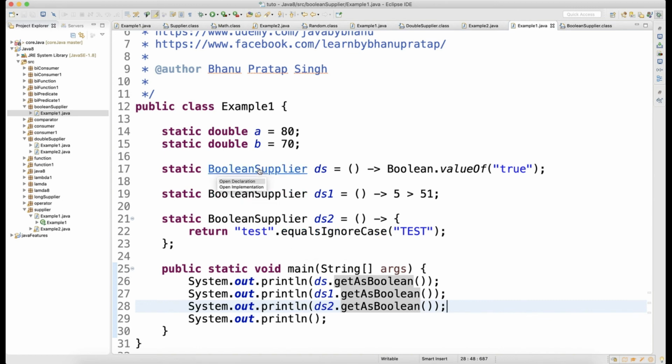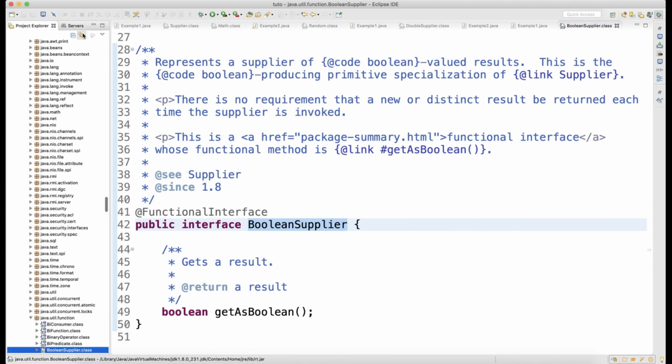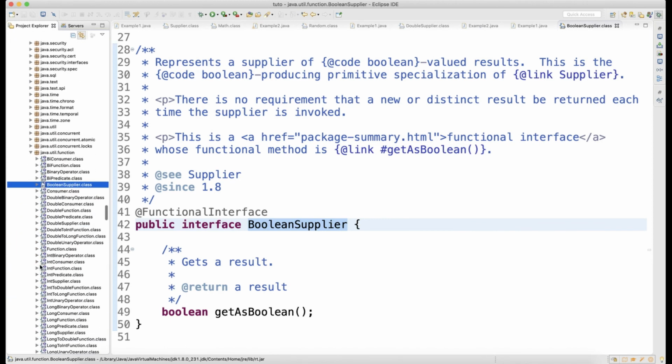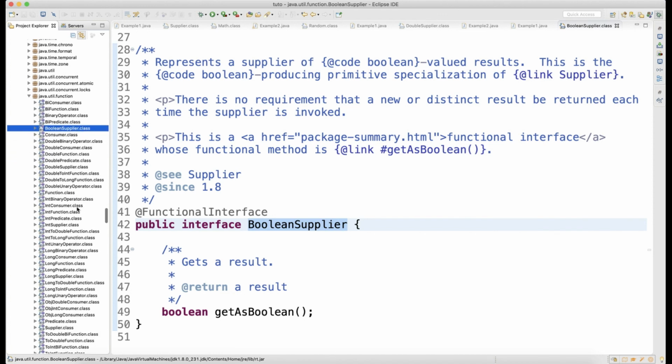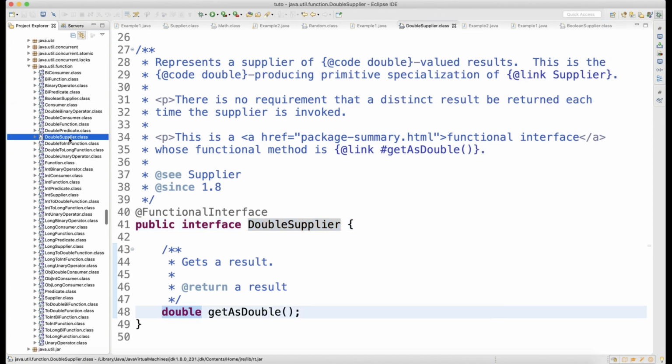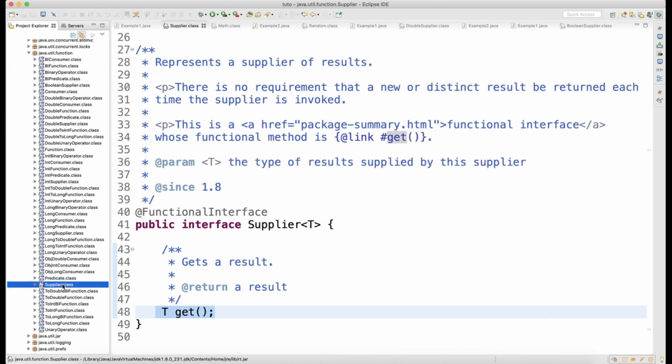So we have seen all three suppliers: Boolean supplier, double supplier and supplier. So click on this. When you click on this, it will take you to all the suppliers. So what are the suppliers we have? We have Boolean supplier, we have double supplier, and then there should be just supplier. So yeah, this is a supplier.